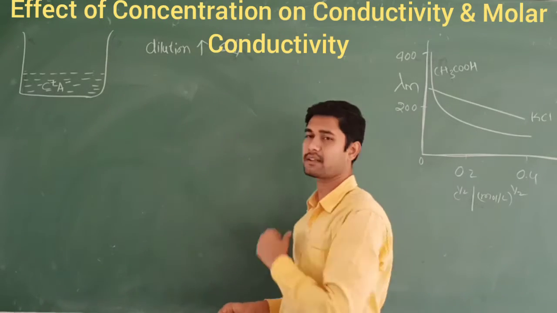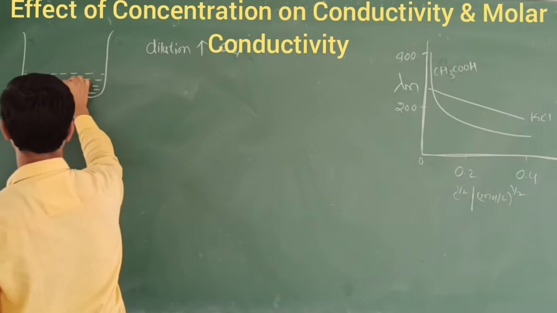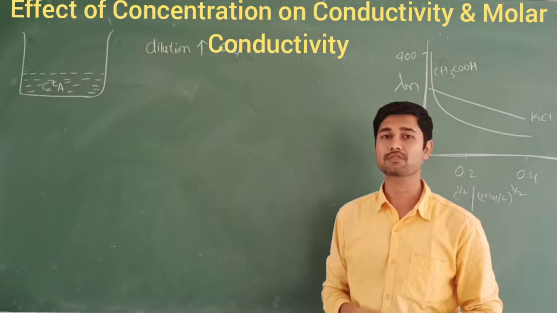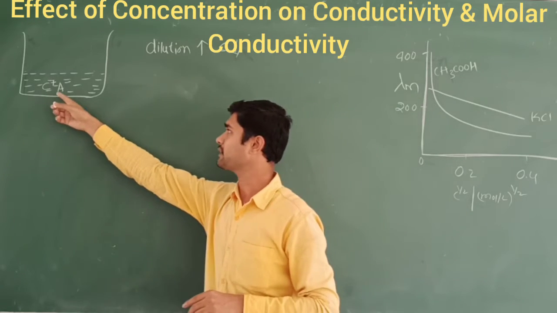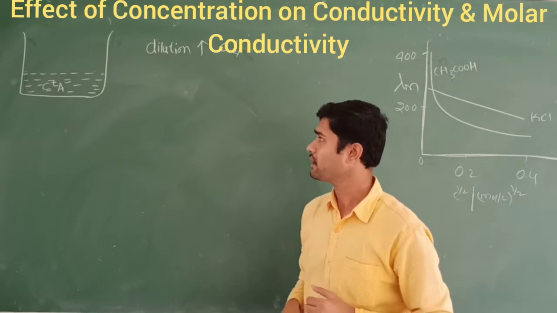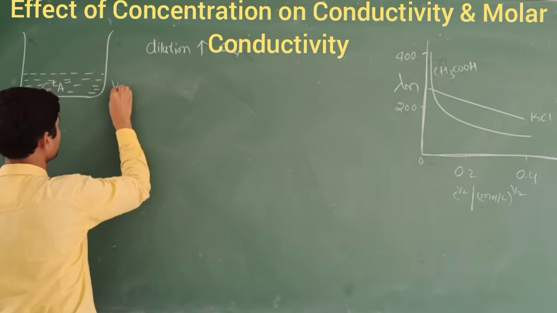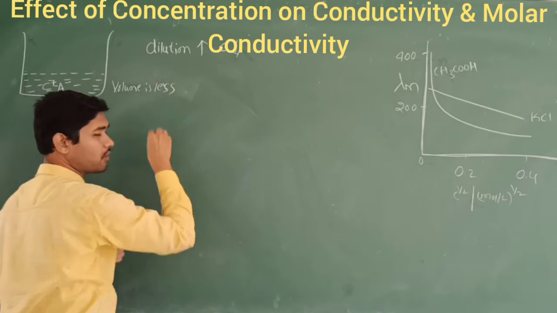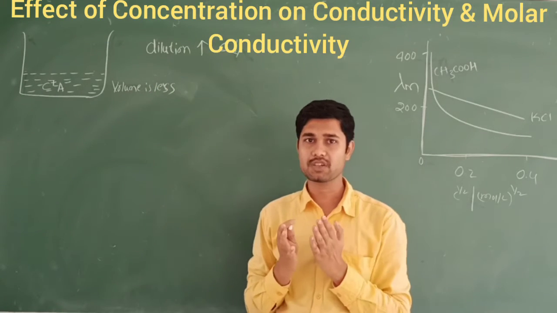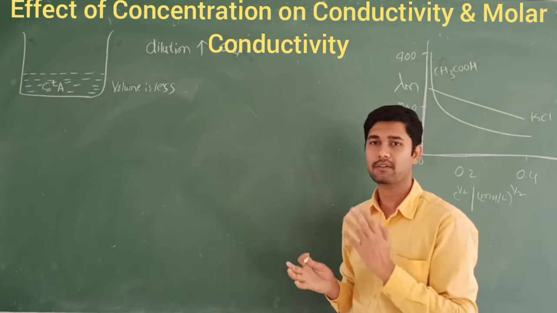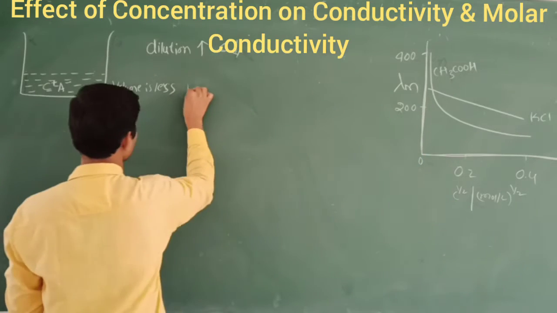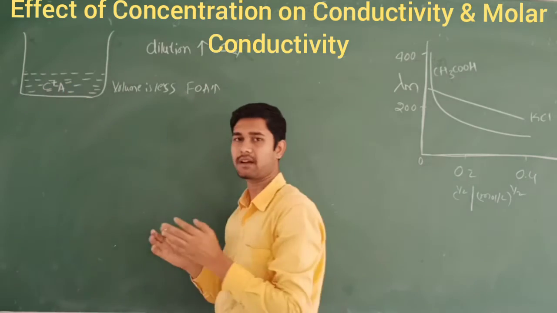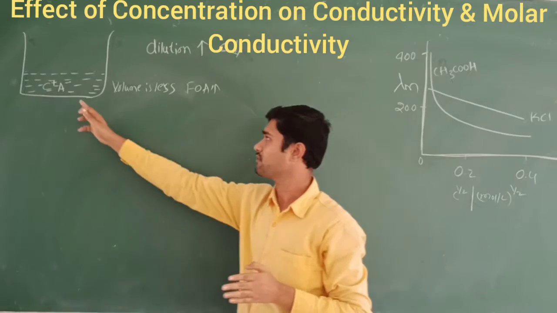Let's take a simple concept here. Now I am going to take an electrolytic solution. In an electrolytic solution, the ions must be present, that is cation and anion. I am taking the volume very less here. What happens when I take the volume less? The force of attraction between the cation and anion will be more here. Because the volume is less, the concentration of the molecules is high, they are very near, and the force of attraction will be there.